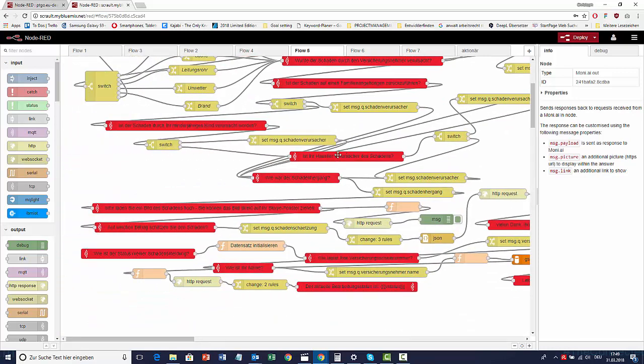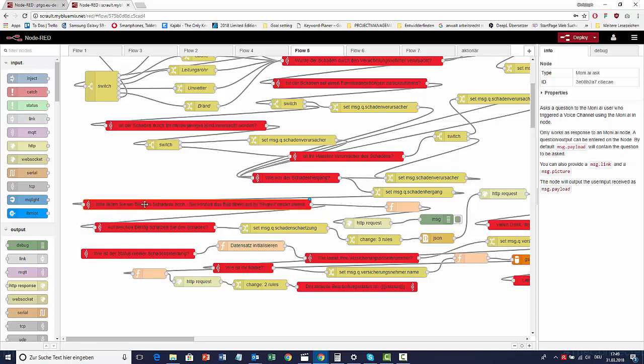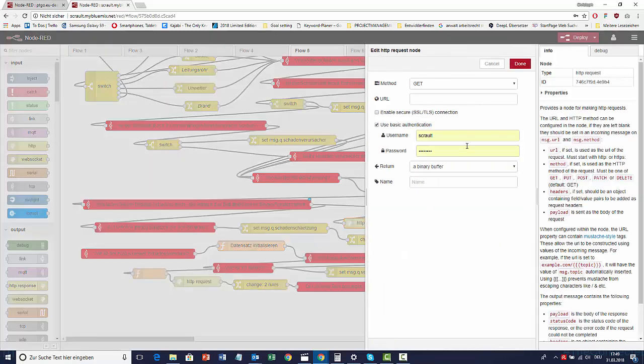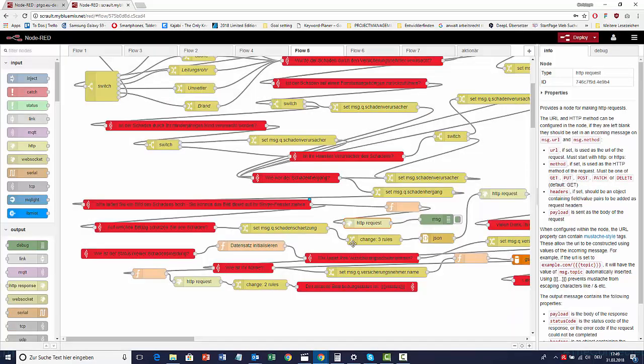And here it asks whether it was an animal in the workflow, or a kid. It always depends on what the person is saying. So then you have a perfect workflow. And here it asks, can you please upload a picture of the damage? You can upload this picture directly in Skype, since in this use case we were using Skype, and all this gets also delivered to the database. Here it's connected with an HTTP request to the web service.